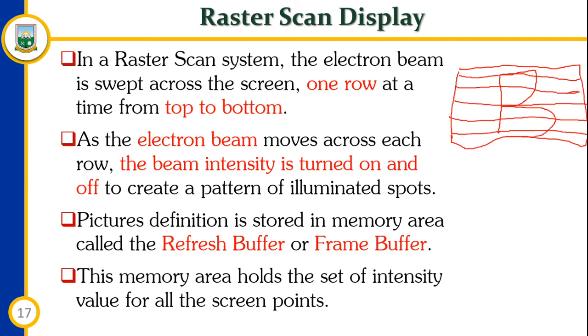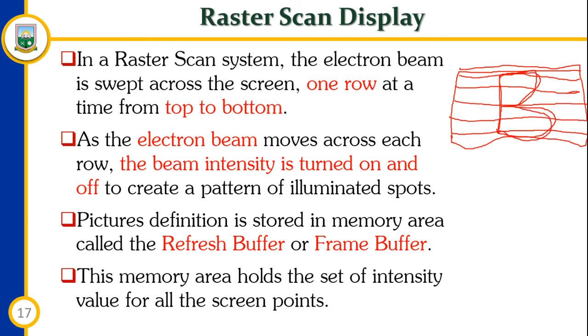The electron beam sweeps from one row to the other, starts at this point, moves to the other end, and keeps moving from the top to the bottom. As the beam moves across each row, the beam intensity is turned on. In drawing the B character,